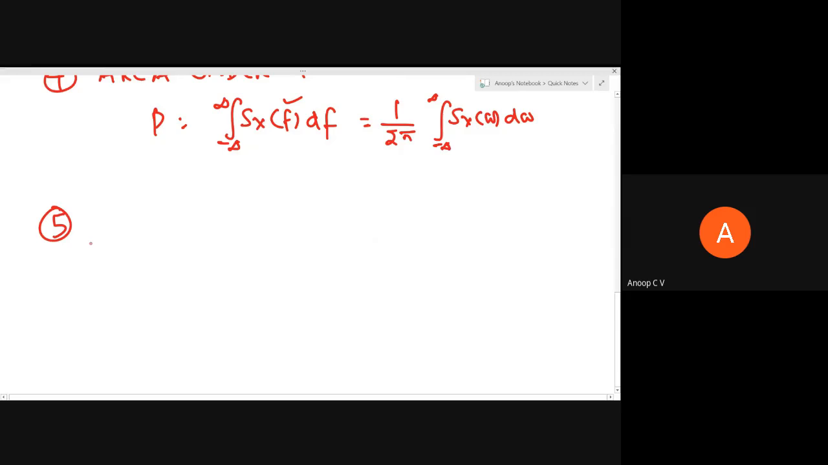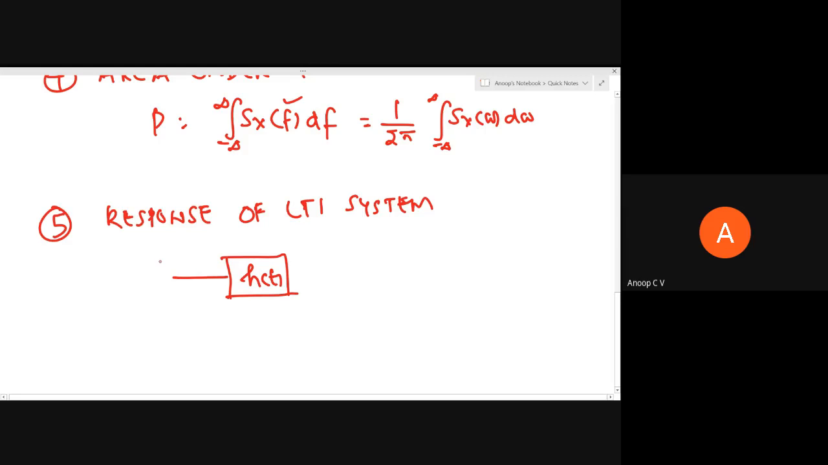Then the fifth property is the response of an LTI system. In fact, this is the last theory point which we'll be discussing. After this, we'll be solving problems, right? Suppose we have a linear time invariant system with impulse response h of t, and you give a random signal x of t as its input, and you get output y of t. And if Sx of f is the power spectral density of x of t, and Sy